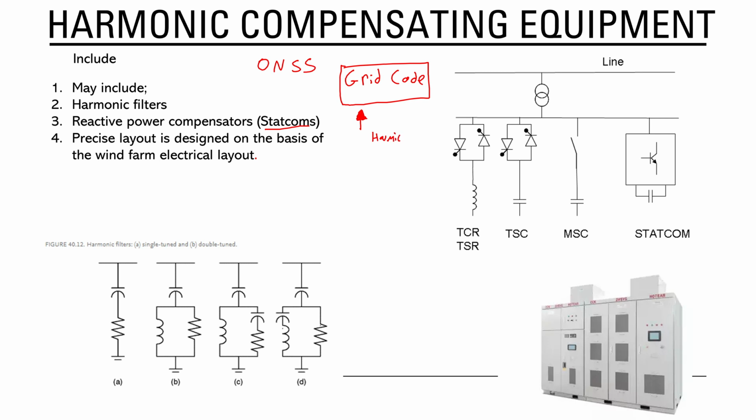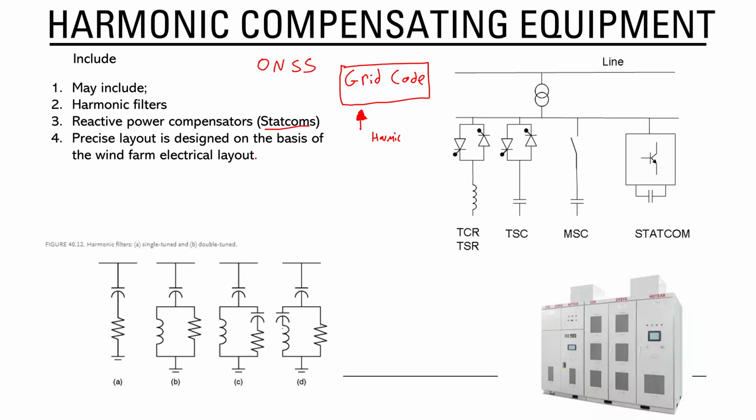It's going to tell you things like your reactive power content and so on. And because of the grid code, that is why the standard of electricity is very, very high. You know, your frequency is very reliable, your voltage is reliable, your harmonic levels are reliable, and so on. And that allows people to actually do serious, important stuff with the electricity rather than just hope for the best